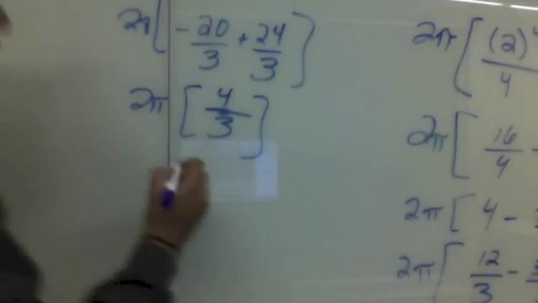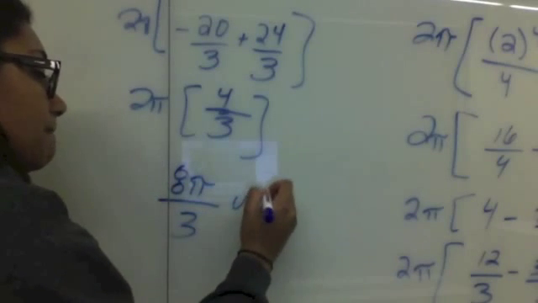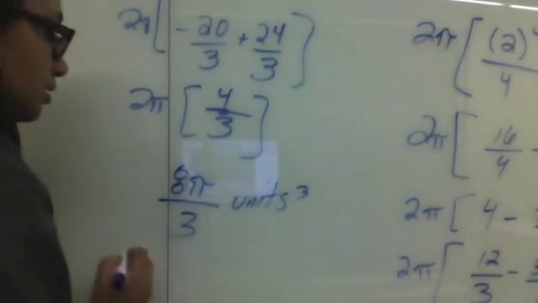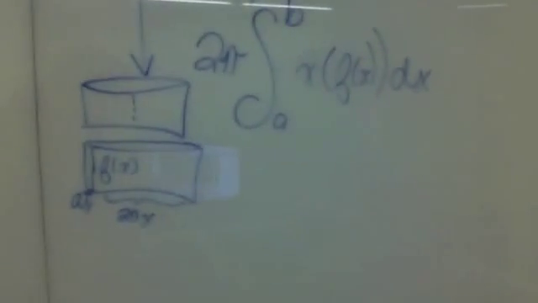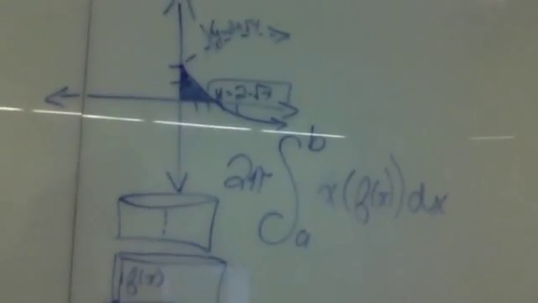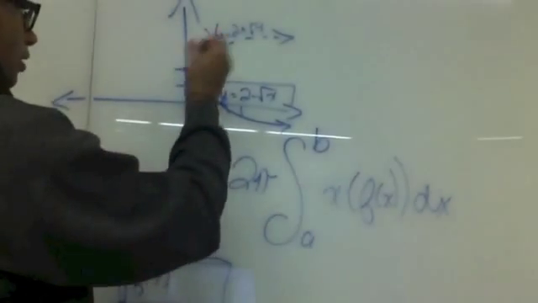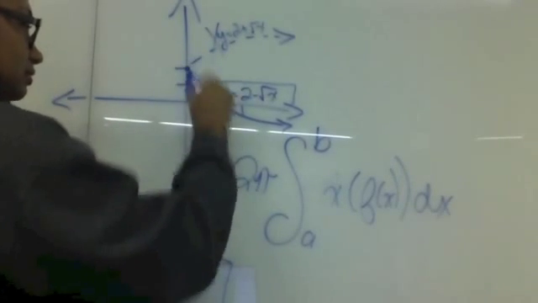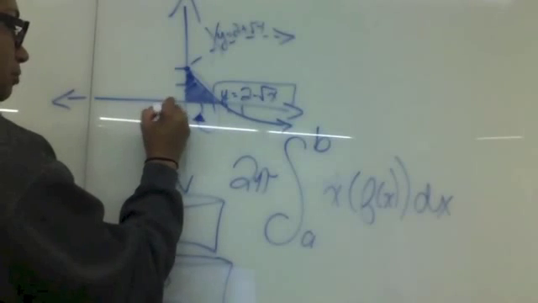And we end up with 8 pi over 3 units cubed as our answer. So all that is saying is that when we go all the way back to our graph, this small shaded region rotated around the x-axis equals 8 pi over